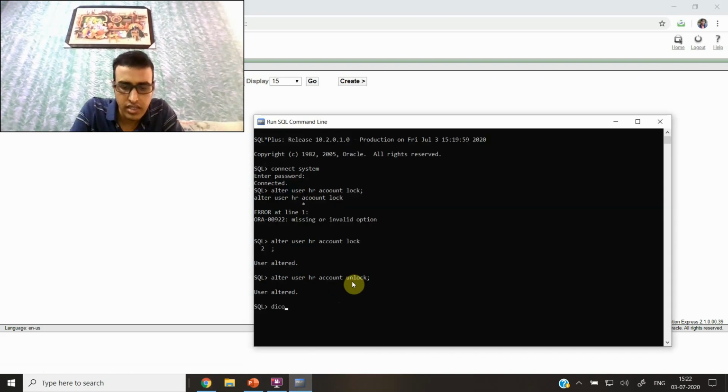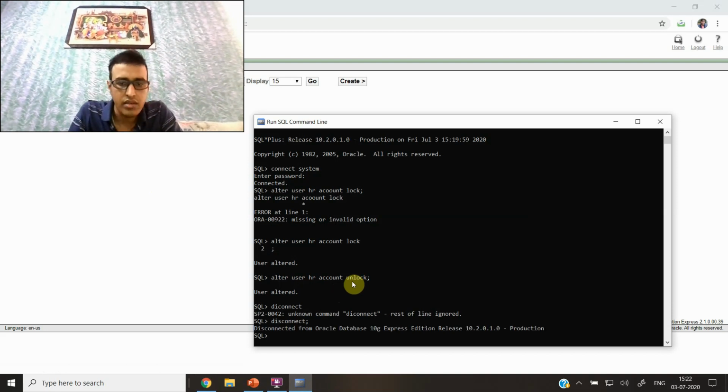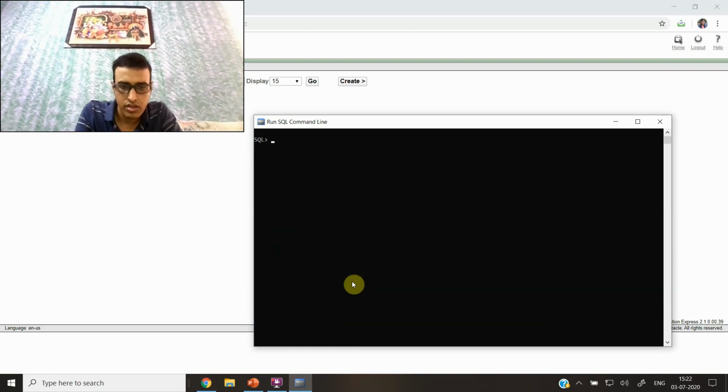Now you can disconnect. Okay, now disconnected from Oracle database 11g, and you can use CLSCR to clear the screen. Now you can connect to HR: connect HR, enter password.